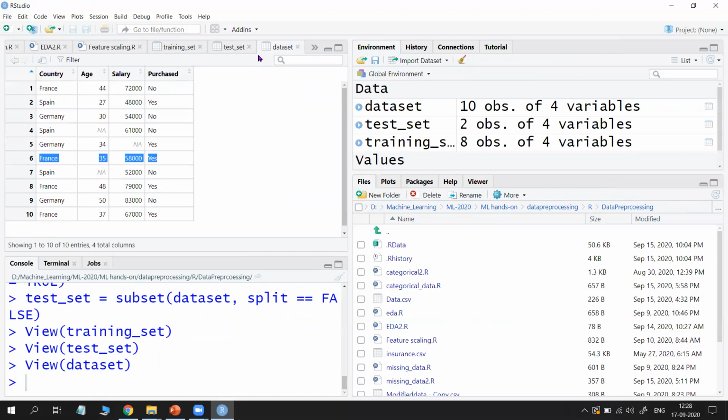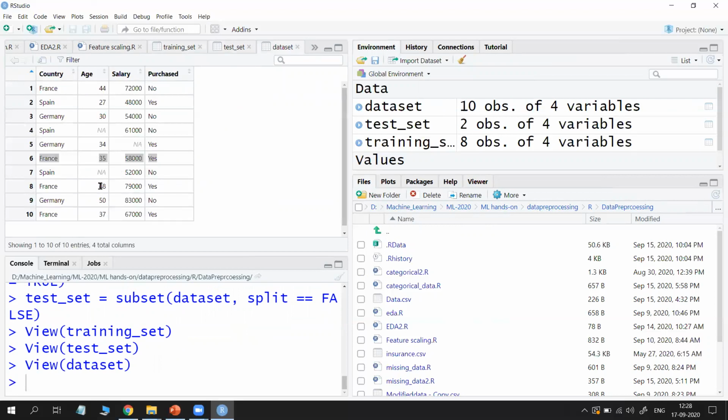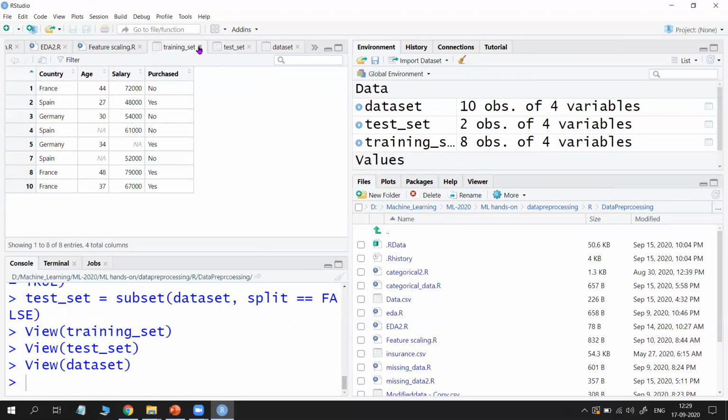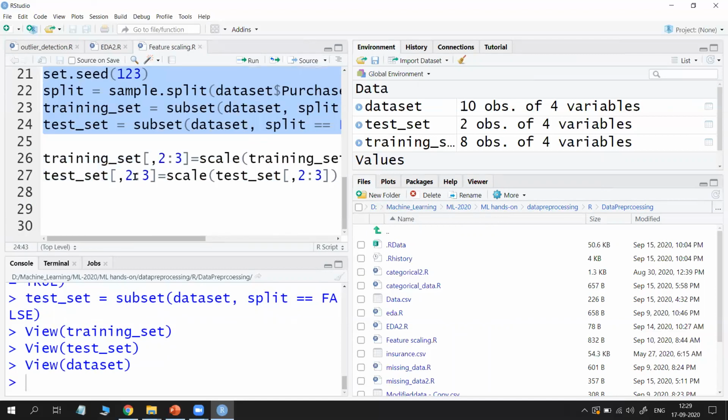And one more sample, 50,000, 83,000, the 9th sample. So one is the 6th sample, one is the 9th sample. So it randomly divides the training and testing data. Okay, so this is the division of training and testing data.